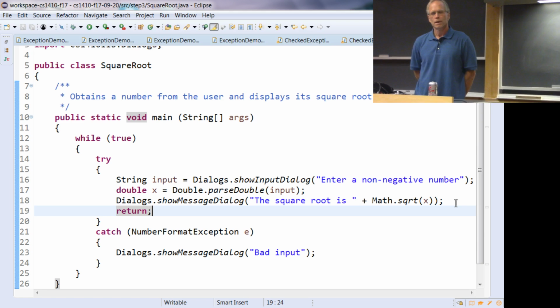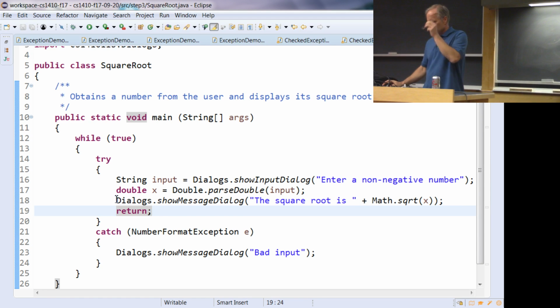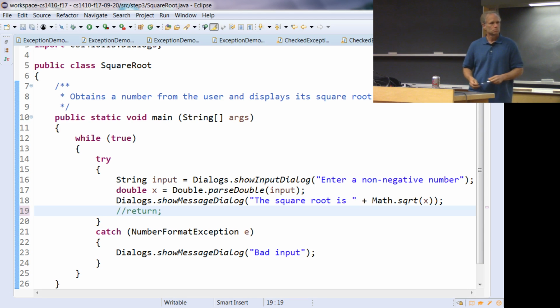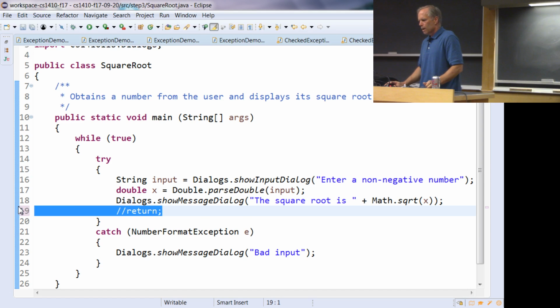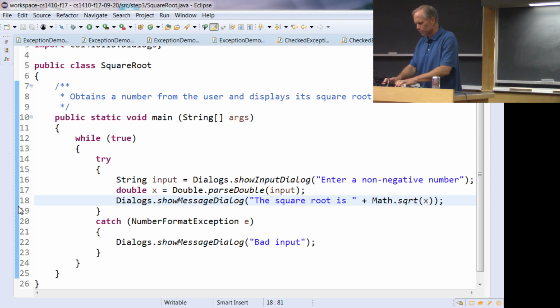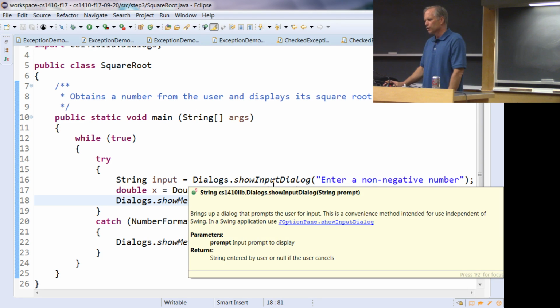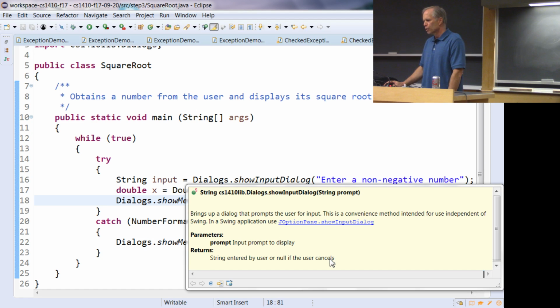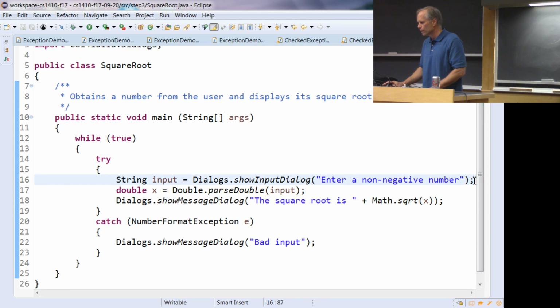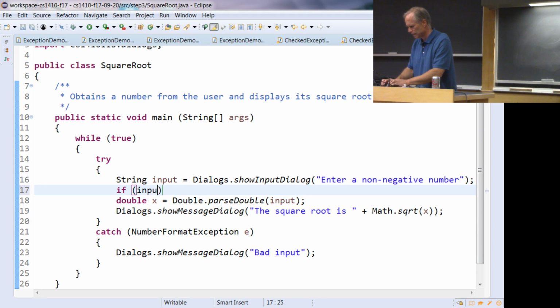Now, maybe this is a feature, not a bug. Maybe you could argue, I don't want to return. This thing just runs forever and gives you square roots. Why not? But we need to give the user a way to say, I'm tired of giving you input. So, it turns out that show input dialog returns null if the user pushes the cancel button. So what we can do is test right here. If the input is null,